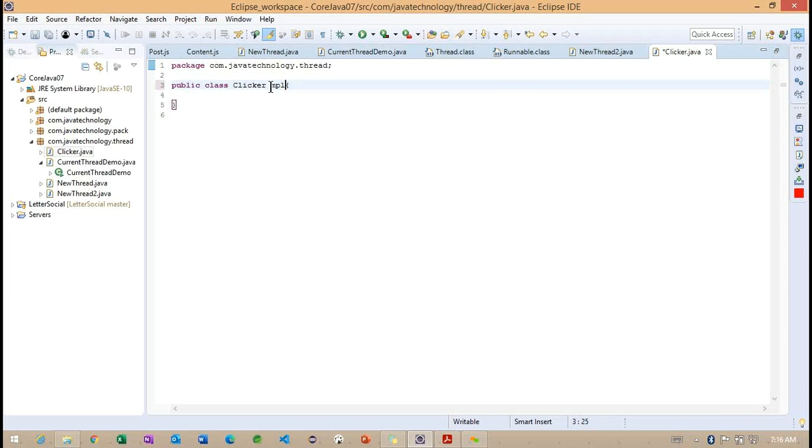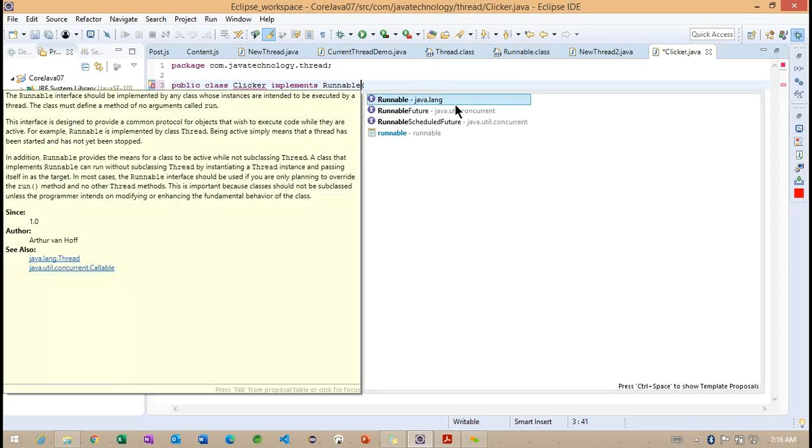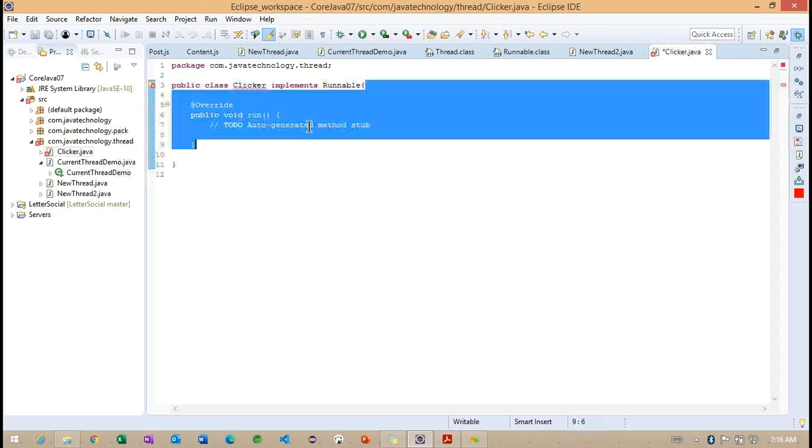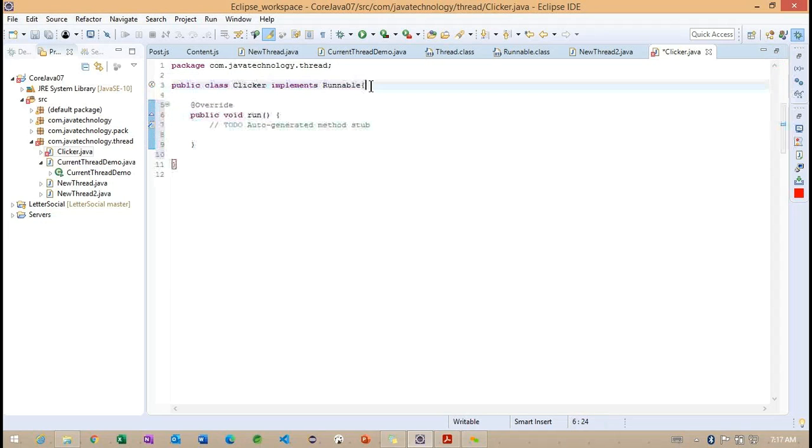This Clicker is going to implement the Runnable interface. And whenever we implement the Runnable interface, what exactly are we going to do? Let me save the class and implement this particular method here.